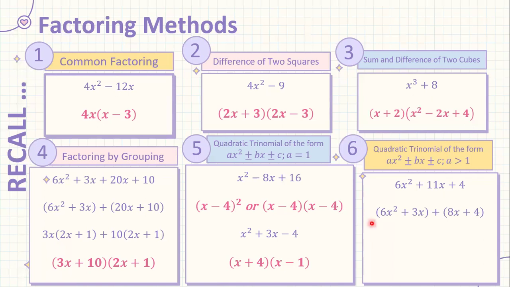And factor out, or we get the common factor of the first group, that is 3x. And we get the common factor of the second group, that is 4. So, labas na sila sa parenthesis, and ang matitira is 2x plus 1. Bakit 2x plus 1? If we have 3x already, what could be a factor that gives you 6x squared? Diba? 2x. If we have 3x already, ano pa kaya ang pwedeng i-multiply dito to give you still 3x? Diba? That is just positive 1.